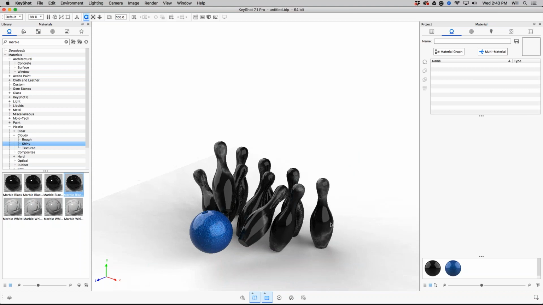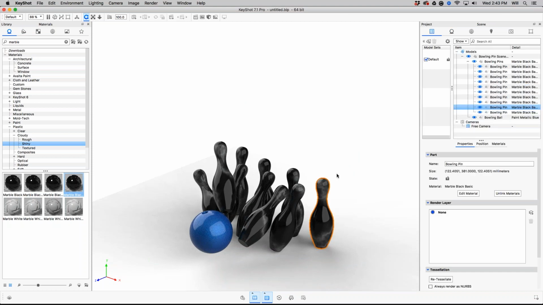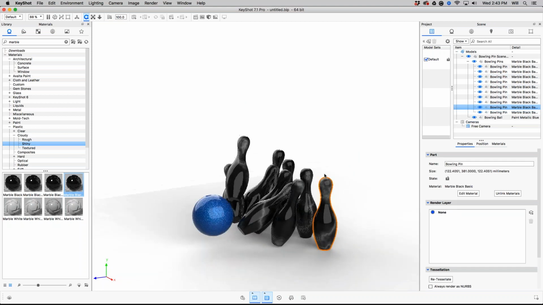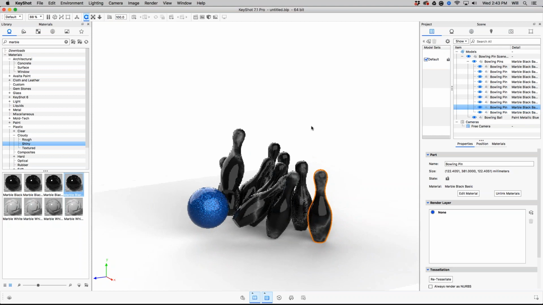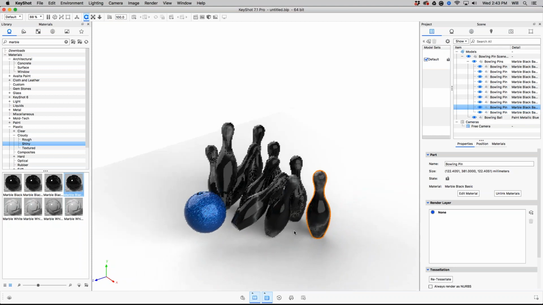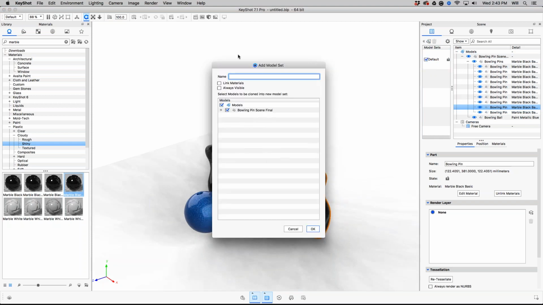Now, this is just the first step in creating the Studios I mentioned we were going to get to. The other item we're going to do is take a look at model sets, because model sets, like multi-materials and environments and cameras, are the different ingredients for our Studios. With model sets, we can create different variations. So I could take this model set and create a new one and call it